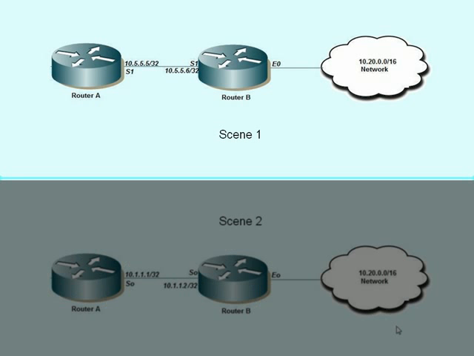In the first scenario, the serial link between router A and router B will be established for a V.35 line. The IP of interface S1 of router A is 10.5.5.5/32 and the address of the pair is